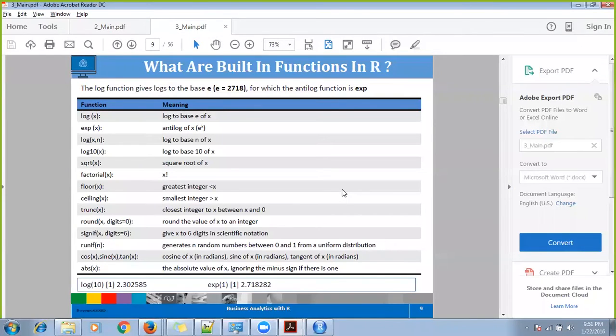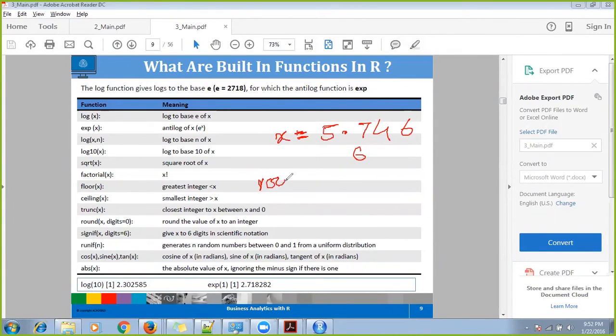Now let's look at something called round. The round function is very important. Let's say x is equal to 5.746. I want to round it off the way we do when we play with numbers, to the nearest number. You'd say it will be 6, right? That's what your round function will do.